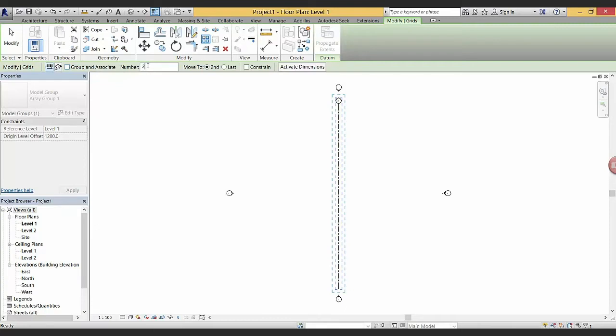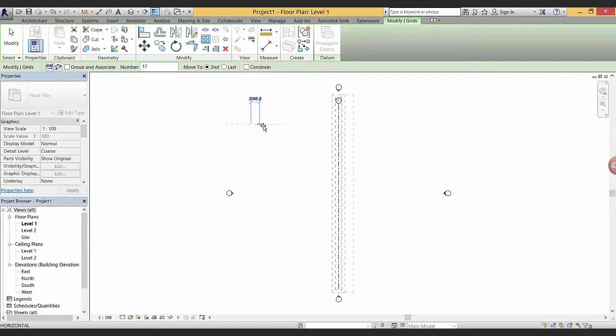Press the Array button and disable the Group and Associate option. Then we set 17 for number. That will create 16 new grids in addition to the one that we modeled. Choose Second, Move To: Second, and then we click anywhere and set the direction and distance for the array by moving our mouse horizontally towards the right.